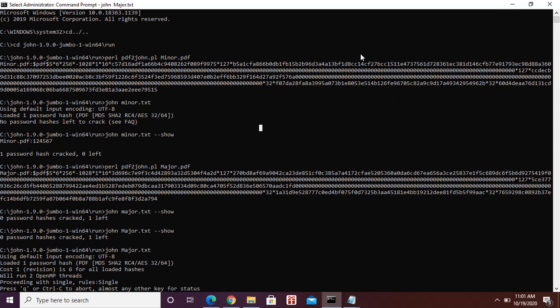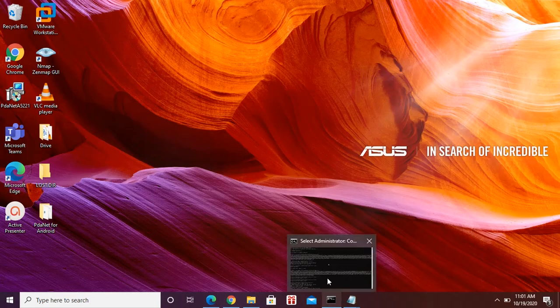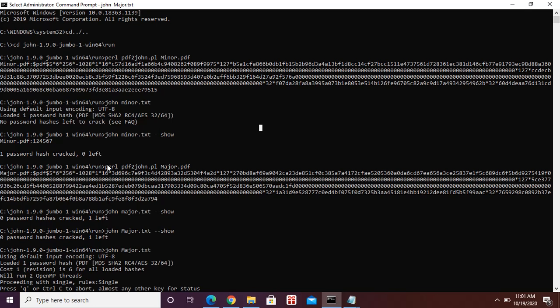The major PDF, to crack the password. Firstly, you must copy the major PDF into the run folder in John. After that, we open the CMD. You do the same steps as for the minor.